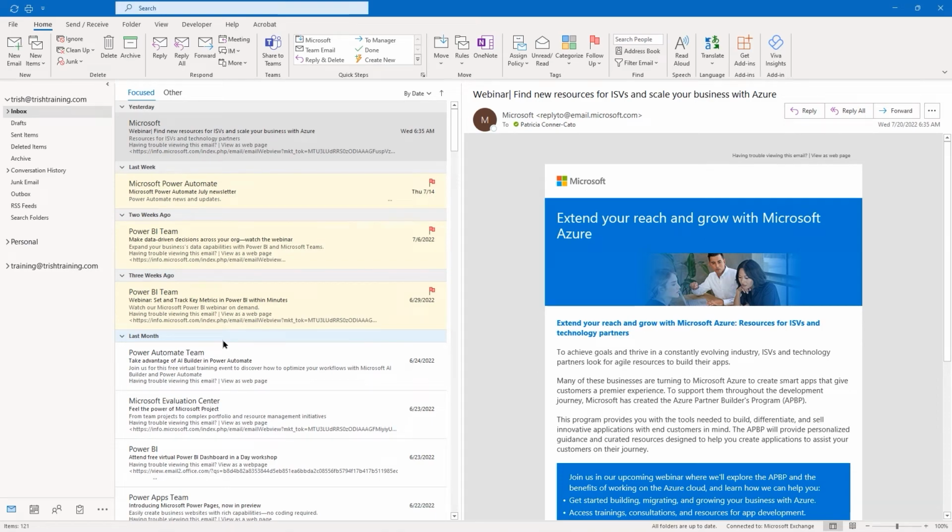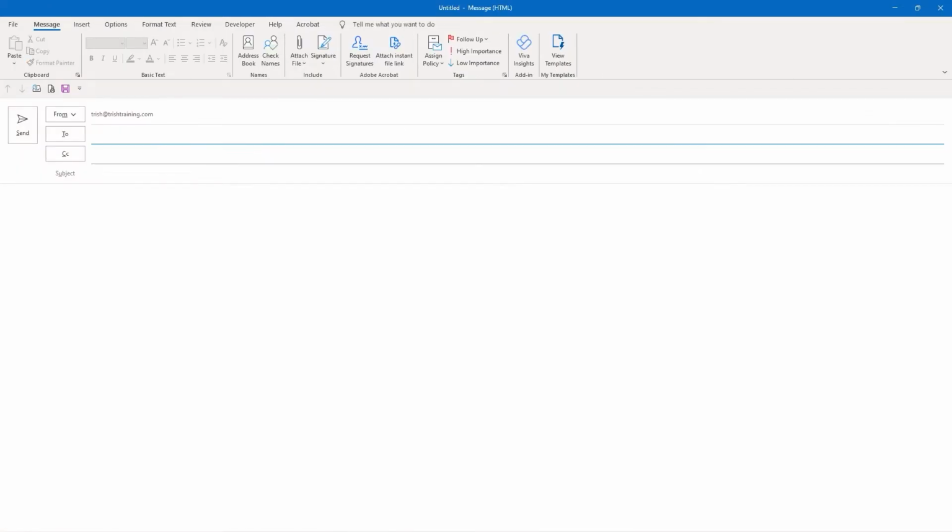So now we're ready to create an email message. The first button on the home tab is new mail, or when you're sitting in your inbox, you can do Control and the letter N as in new to bring up a new mail window. And by the way, in Outlook, if I was in the calendar and I did Control N, it would bring me a new appointment window. So depending on where you are, you'll get a different result.